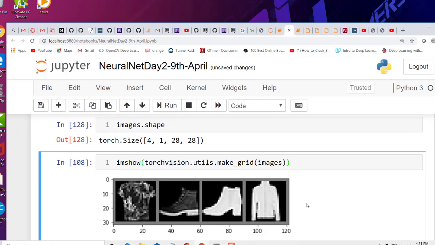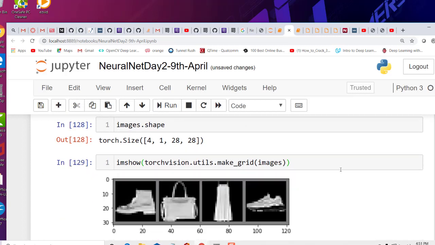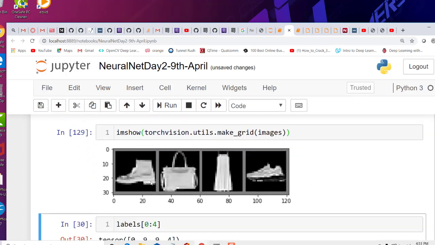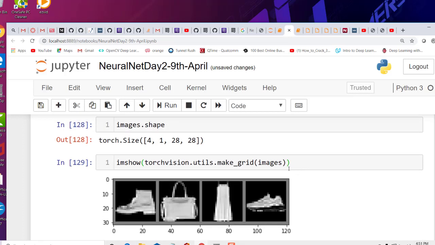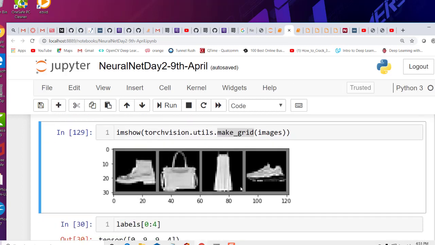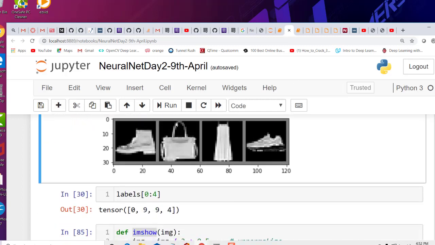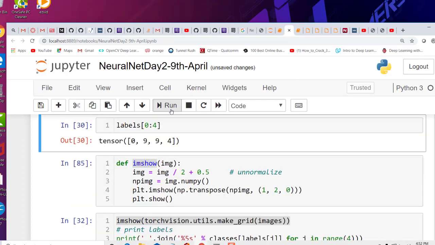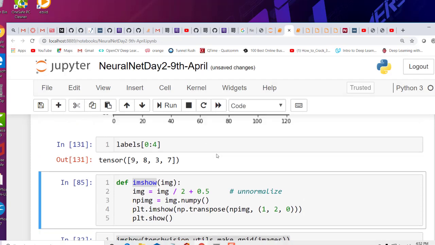I want to print the data. It changes every time. So I just printed a grid. I actually printed the entire batch. So 4 images were there. This particular thing, torchvision.utils.make_grid, makes a grid of 4 images by concatenating the arrays. So I got 4 images here that is printed here, and the labels that we saw, these are the labels.